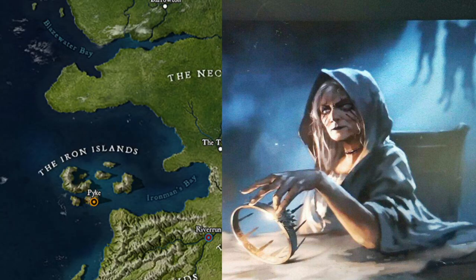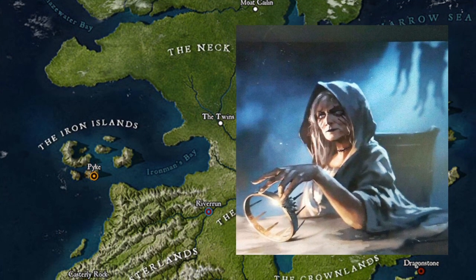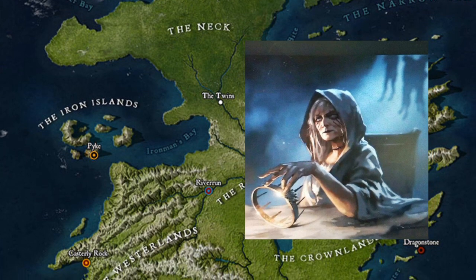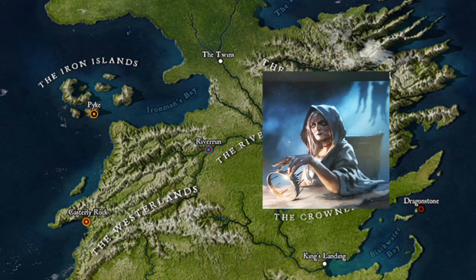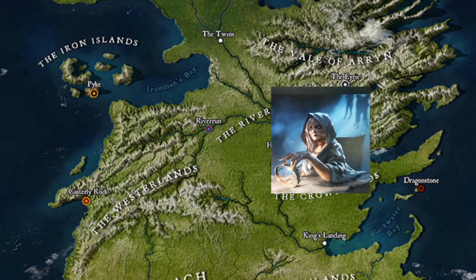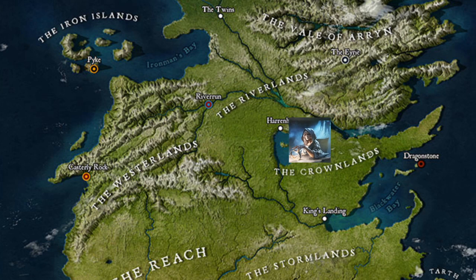But Lady Stoneheart isn't in the Neck. She's wreaking havoc in the Riverlands. Well, there's one additional reason for Lady Stoneheart to go to Howland Reed. Lady Stoneheart has Robb's crown. We learned in chapter 42 of A Feast for Crows that Lady Stoneheart has Robb's crown as Brienne sees it in her first encounter with her.